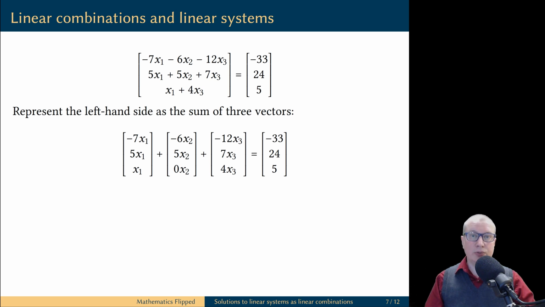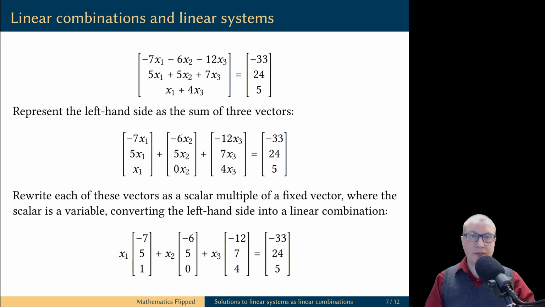Now, let's make use of the operation of scalar multiplication. Notice that each of the three individual vectors has a multiple of the corresponding variable. So we can factor out x1 out of the first column vector, we can factor out x2 out of the second vector, and x3 out of the third vector. Notice that these are still the same vectors by the definition of scalar multiplication. In this case, we can think of these variables as scalars. So we converted this vector on the left into a linear combination of simple vectors.